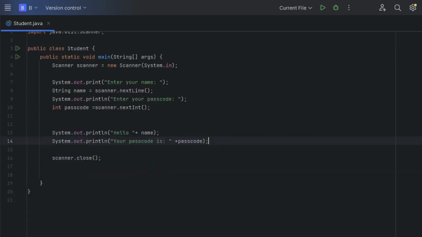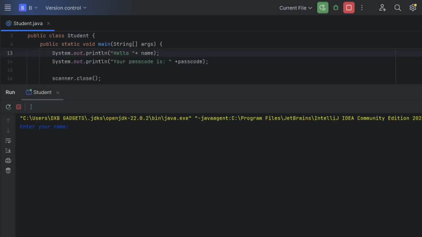So remove this line, print line, and put our prompts. Enter your name, your passcode 1 2 3 4. Hello with your name, your passcode is this, and that's it for the integers. Next